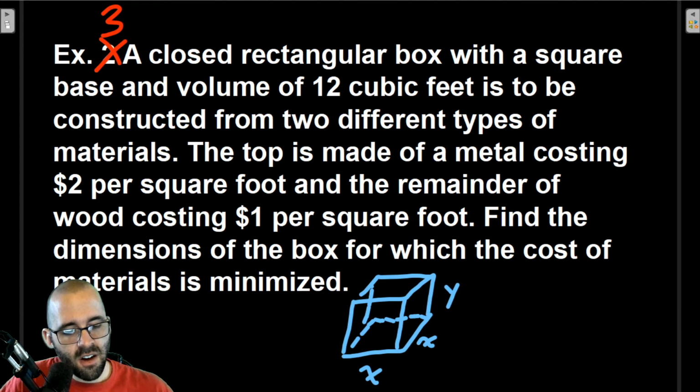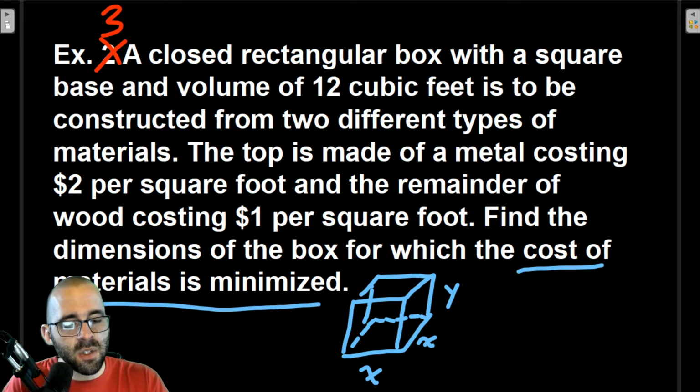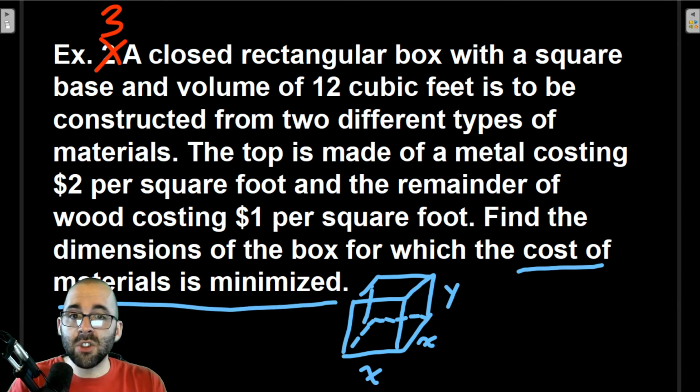Find the dimensions of the box for which the cost of materials is minimized. Ooh, that's good to know. Cost of materials is minimized. What are we trying to minimize or maximize? That's our objective function. Okay, so we want to minimize